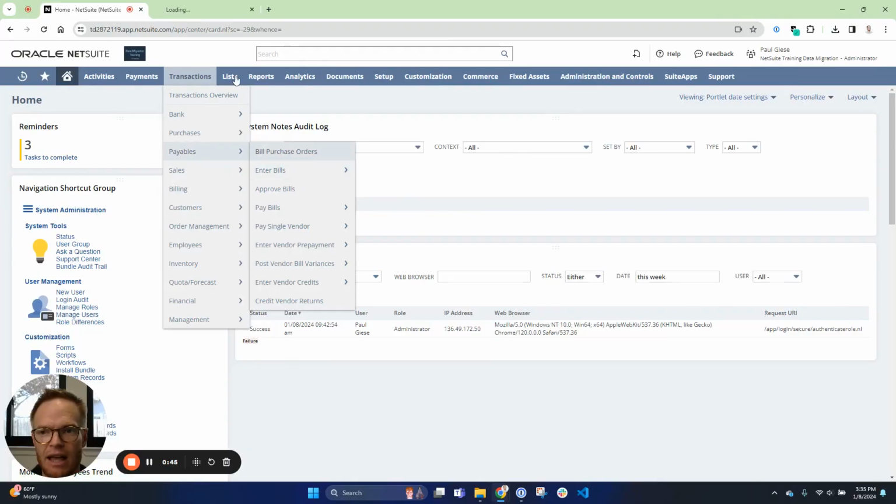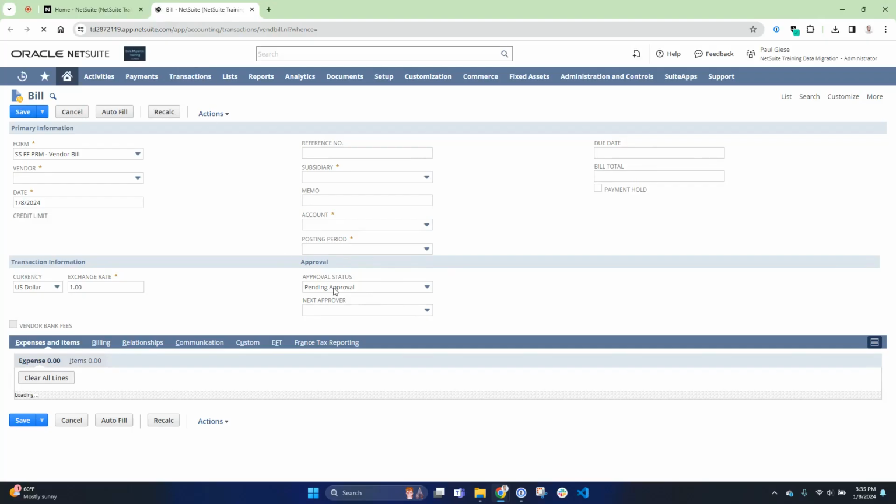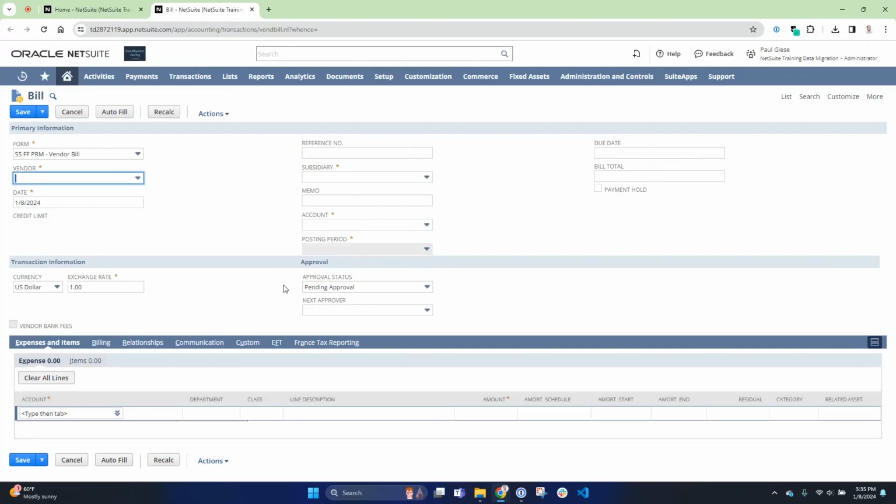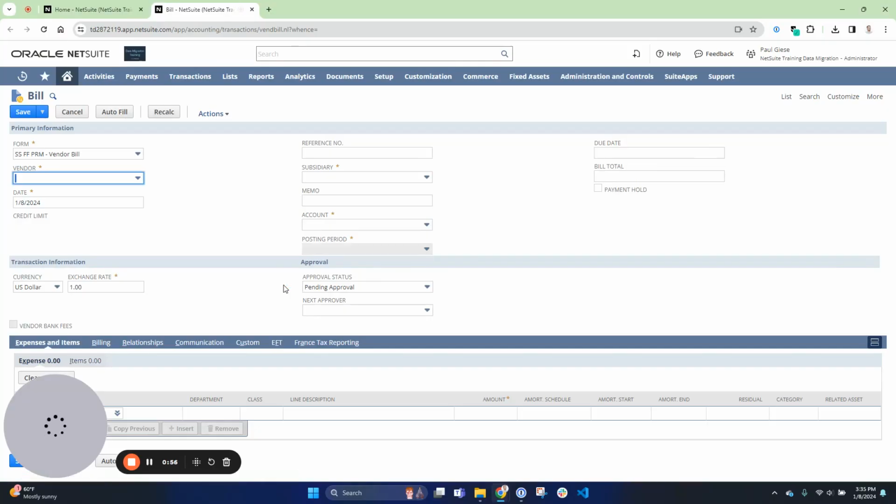your vendor bill. So if you just go to a vendor bill in the user interface, you want to make sure that there's no other required fields that need to be populated that might not be on our template. So this could be like a class or a department or a location on the header level that needs to get added. So you can see my file right now, there's really no other required fields, but in your instance, they might be required. And so in that case, you would need to include one of those segment values in the import. Which should be okay because, again, we're going to reverse the GL impact of this in the next